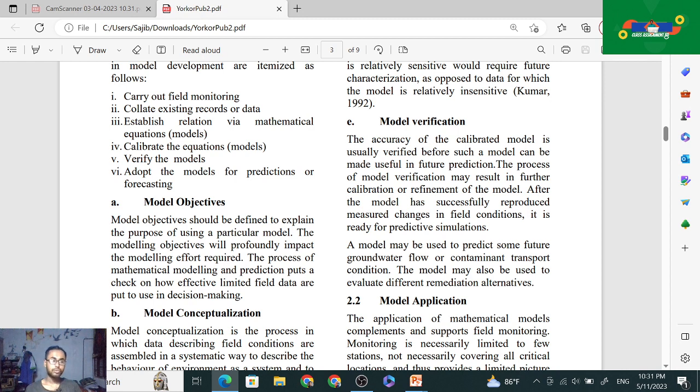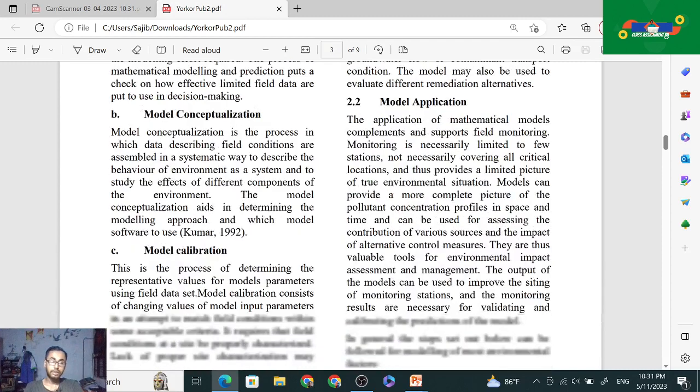A model may be used to predict some future groundwater flow and contamination transport conditions. The model may also be used to evaluate different remediation alternatives. Then model applications: the applications of mathematical models complement and support system monitoring, which is